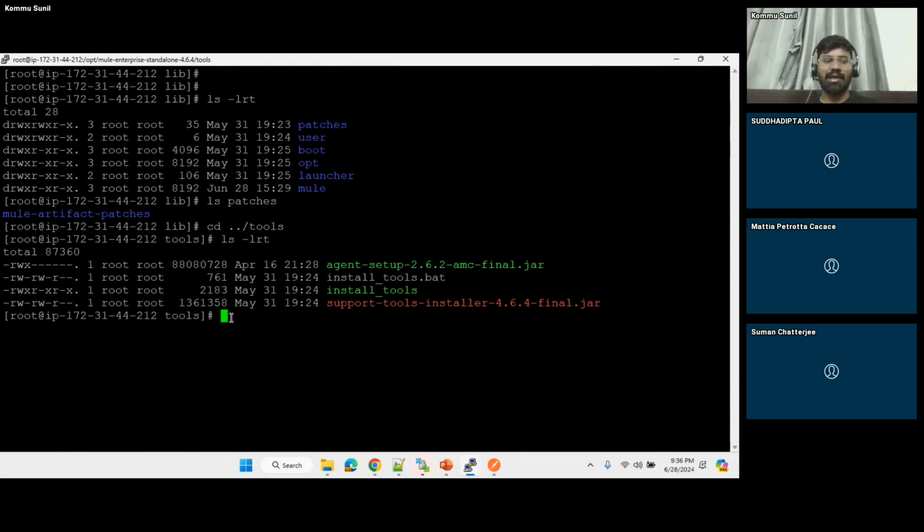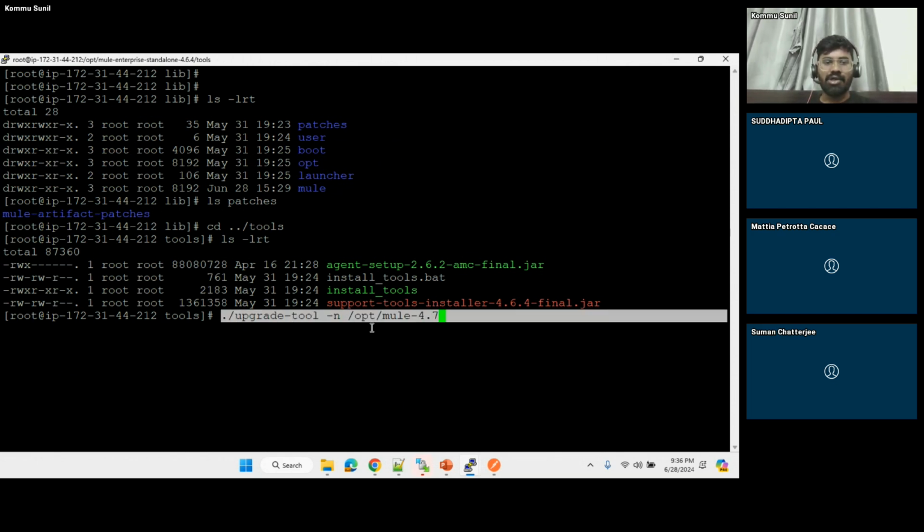For example, I download 4.7 from help.mulesoft.com, put it in a folder on the server and unzip it. So it will be something like upgrade tool hyphen n, which is nothing but the argument. It says new path. So I'll say, if I have that in the opt mule 4.7 folder,